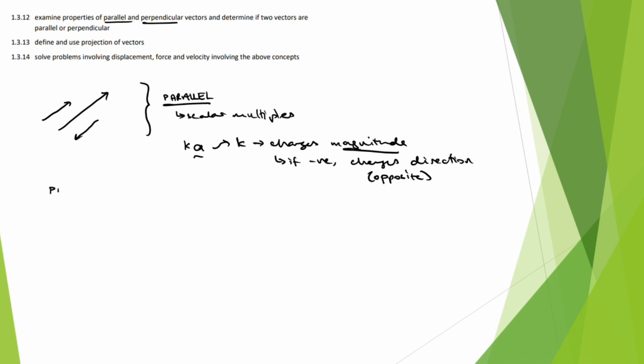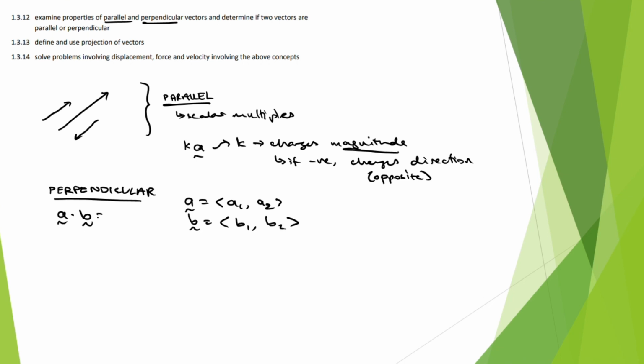Perpendicular vectors are a bit more difficult to define, and we rely on the dot product to define them. In the previous video, we defined the dot product of a vector A dotted with a vector B. If we have A being equal to (A1, A2), and B being equal to (B1, B2), we define the dot product as A1B1 plus A2B2. However, it can also be defined as the magnitude of A times the magnitude of B times cosine of the